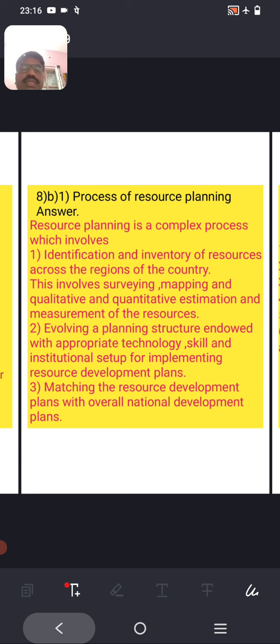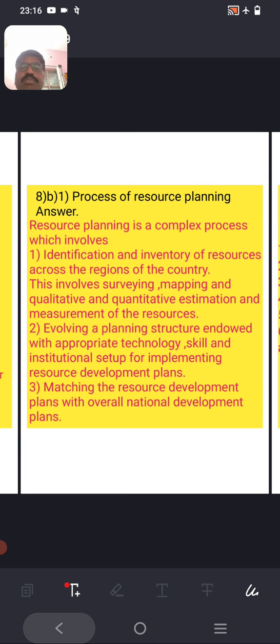The next question, 8th B1. What are the steps involved in the process of resource planning? I am repeating the question again. What are the steps involved in the process of resource planning? The answer for this question is